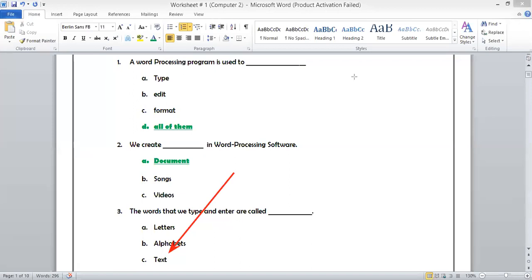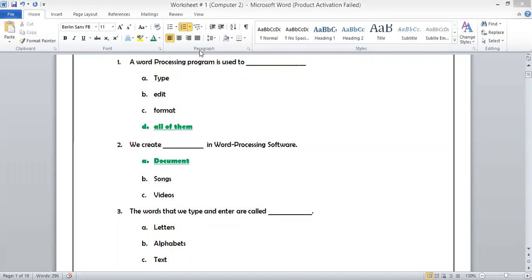That's good. What about the others? The words that we type and enter are called letters, alphabet, or text. Very good, Suleiman Saleh. Good, Asr. That's great. The answer for this one is C.